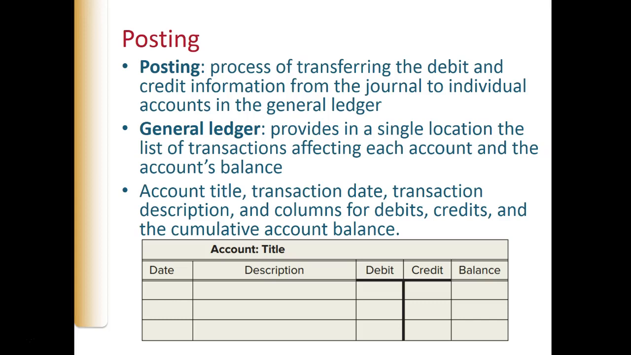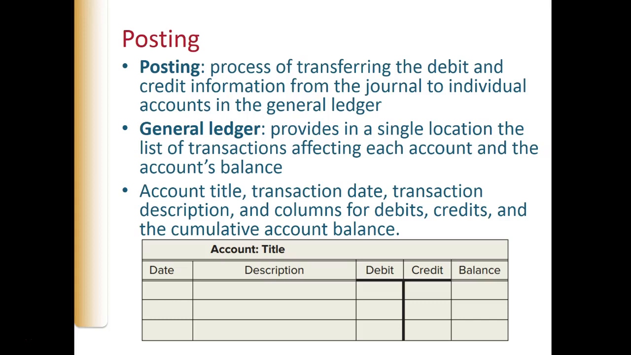Posting is the process of transferring the debit and credit information from the journal to individual accounts in the general ledger. The general ledger is a book or, oftentimes, software, but it's a place that provides a single location, the list of transactions affecting each account and